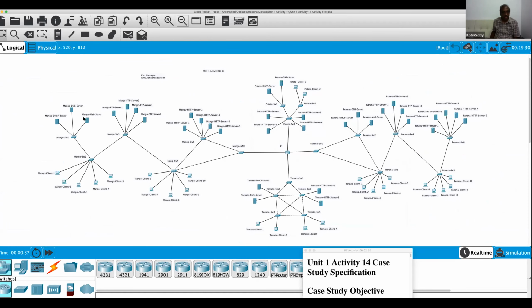So here we have, let's say, these particular systems belong to the Mango company here. These systems here belong to the company called Mango till here. These particular systems belong to, this is a network of Potato. And we have said this is a network of Tomato. And then this particular network is the company called Banana.